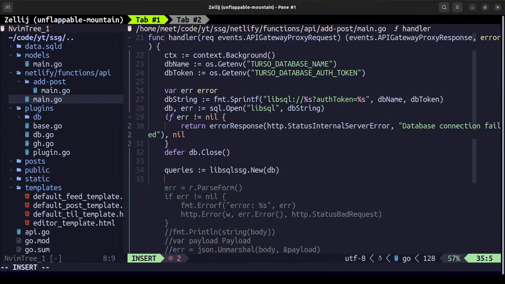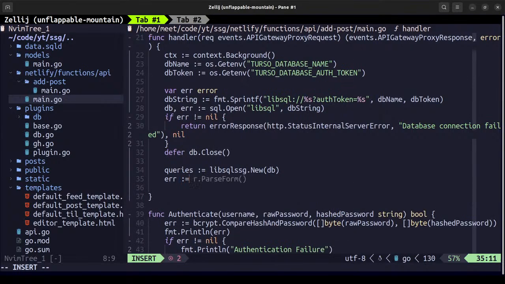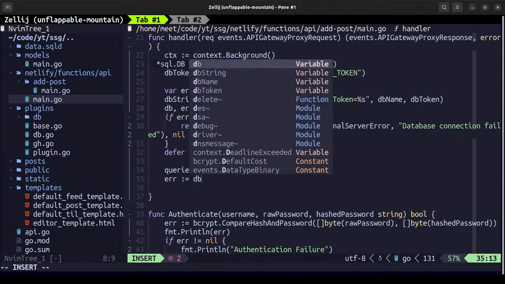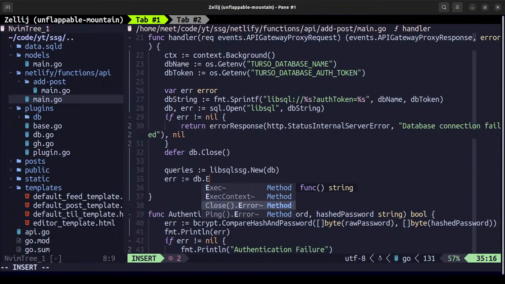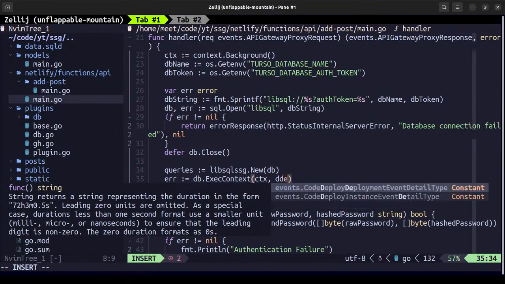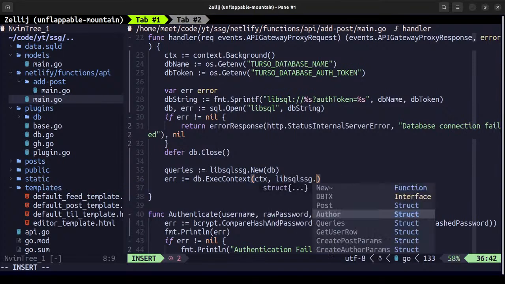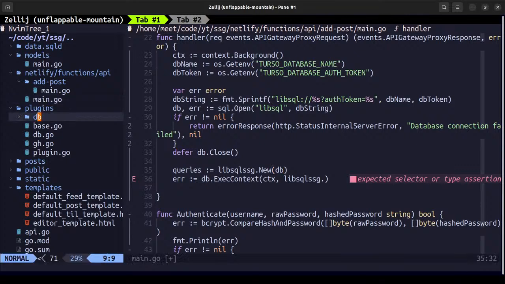And now I want to do a few things that will be queries, or maybe dot execute context and ctx, which will be ddl if we have it. We might not have created that. So inside of